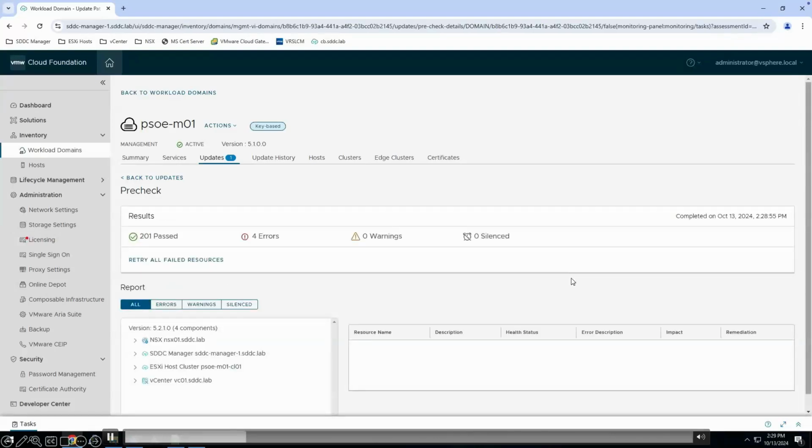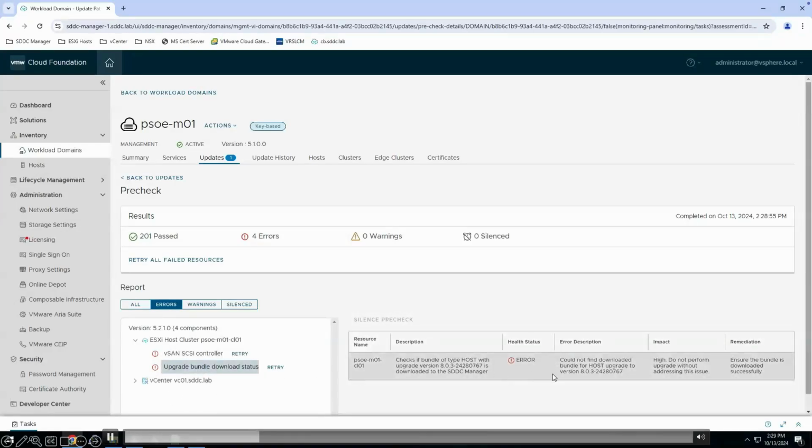In my pre-check here, I have 4 errors, as you can see. So I've got a lot of pass, a bunch of errors. If I click on the errors, I can click into this, and you can see my SCSI controller, and I can see an upgrade bundle. If I click on the upgrade bundle, I didn't download this specifically, so I could show an example of an error message. The SCSI controller, it is a nested environment I was on, so of course it's going to be there. So you can see